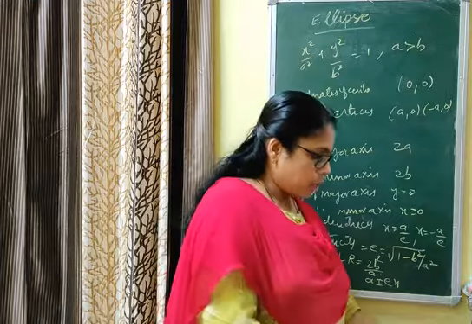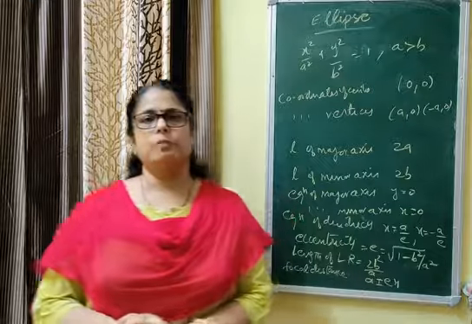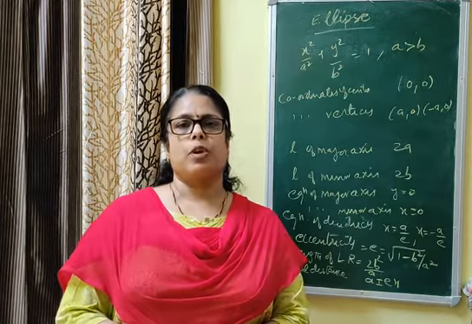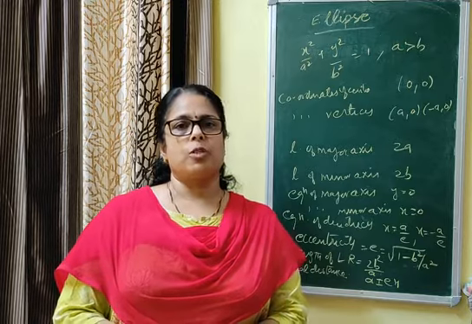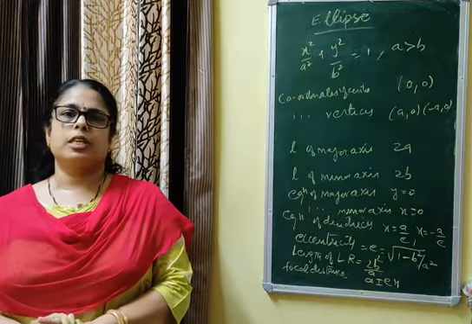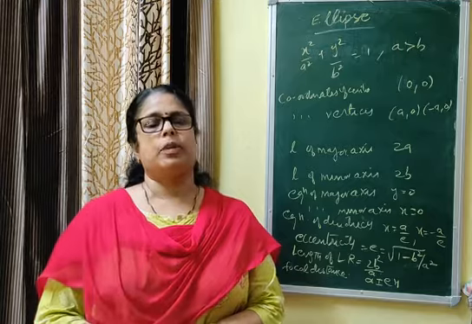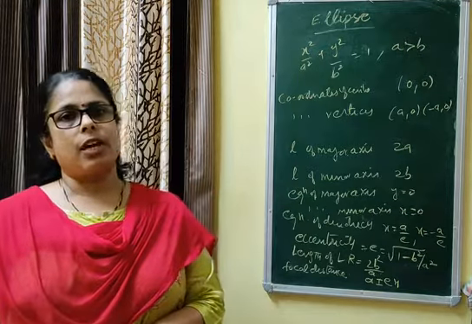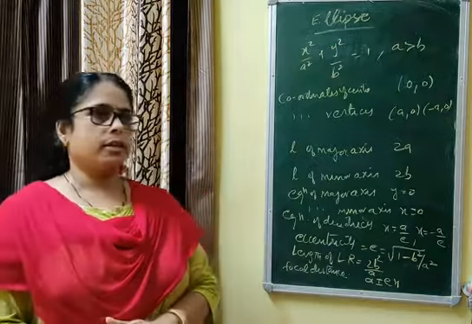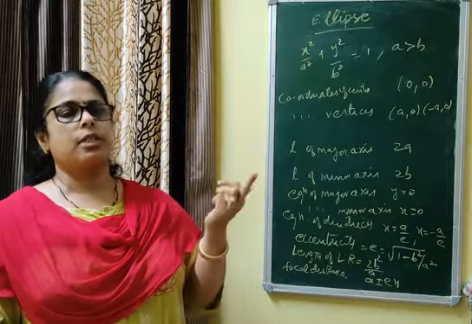That means once more recalling, and after that we will wind up today's class. Ellipse is the locus of point which moves in such a way that sum of the distance from two fixed points in the plane is constant. That two fixed points are called foci. Otherwise the ratio of distance between fixed line to fixed point is constant. That ratio is called eccentricity. If e is less than 1, the locus is ellipse. If it is greater than 1, it is hyperbola. And there are two types of ellipse. One type we have discussed, other type we will discuss in the next class.